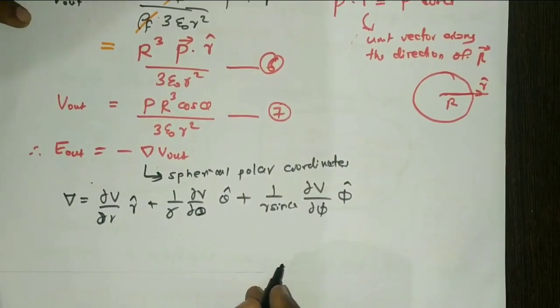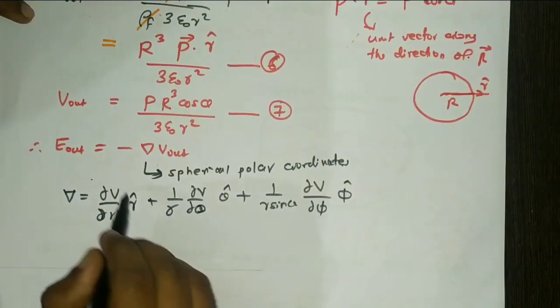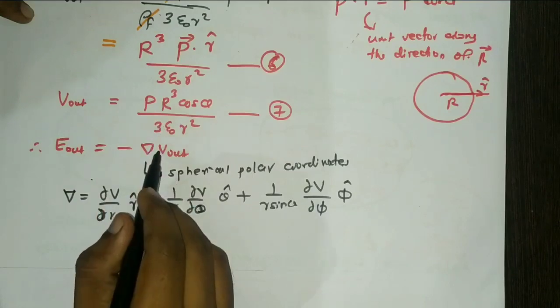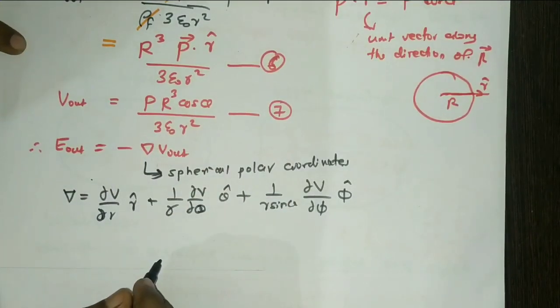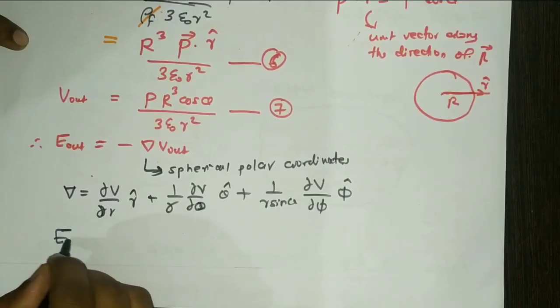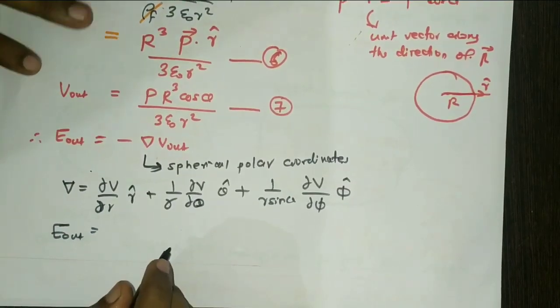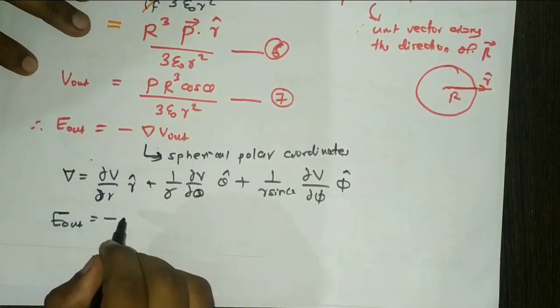Now let us substitute this expression into this equation. Therefore, we can write this E out as, take the minus sign outside,